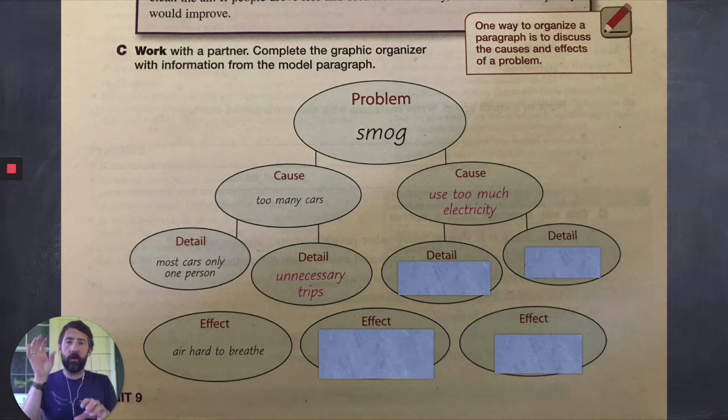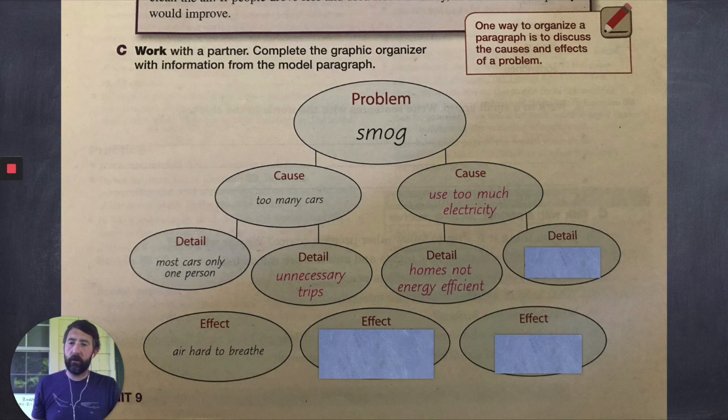So we talked about the cause and the details of too many cars. Let's now keep going with the second cause, that we use too much electricity. And the first detail is homes not energy efficient. In the paragraph, it doesn't tell you why things are not energy efficient, but if you think back to our first story